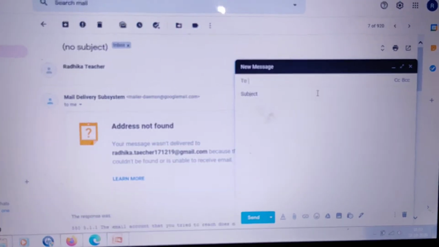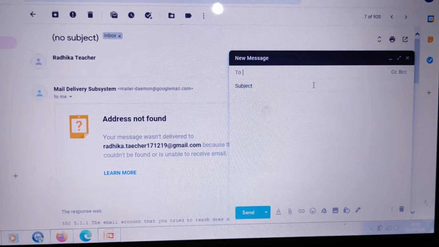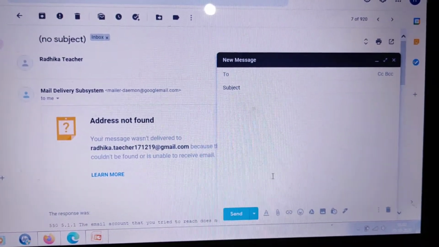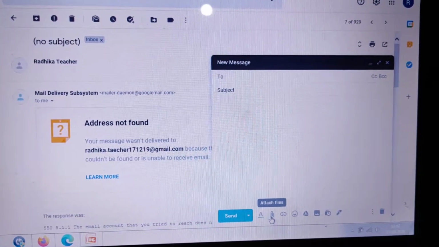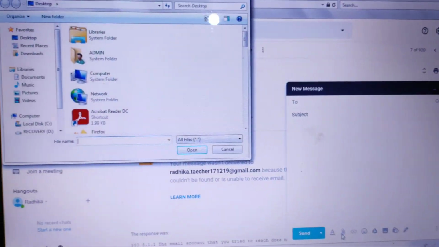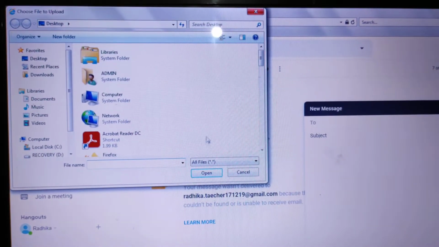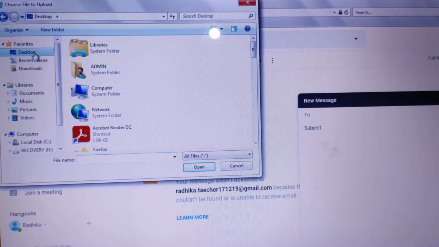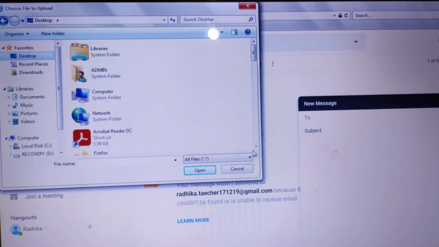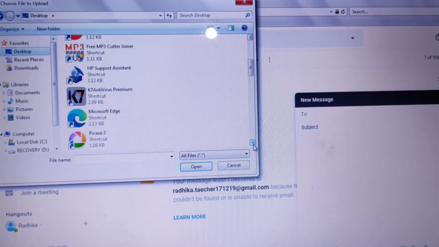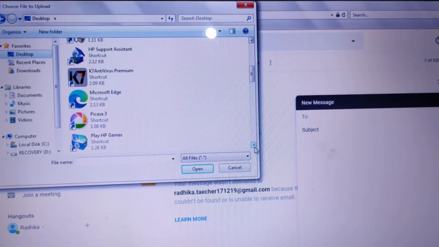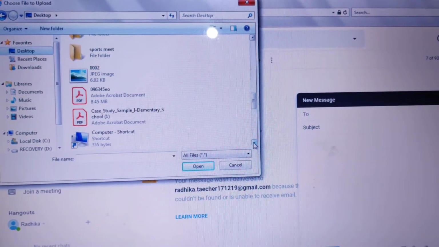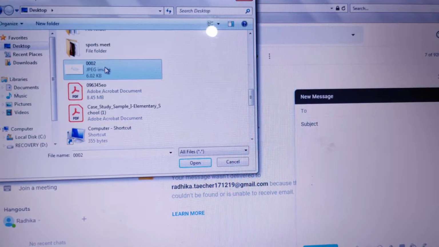Next is attaching a file in Gmail. I already explained the steps for that. This is your attachment option, this one, attach file. You have to click on it. After that, this window will appear in which you will select a particular file that you want to attach. Let us suppose I want to attach any file, like this picture.